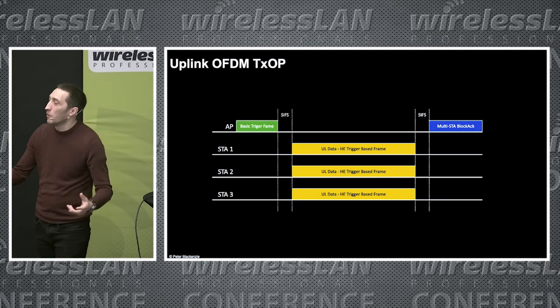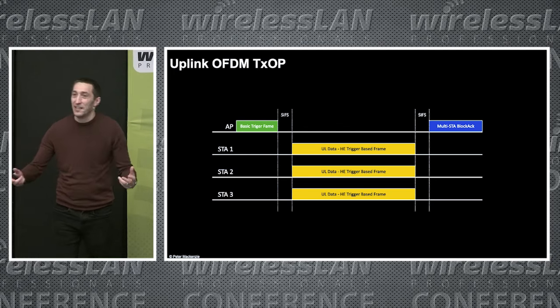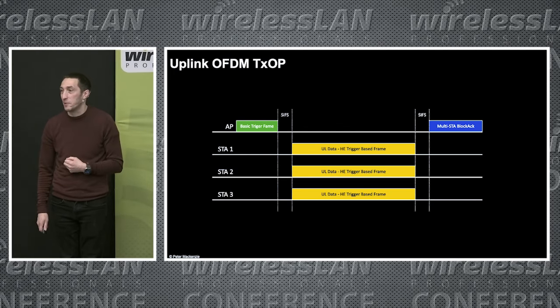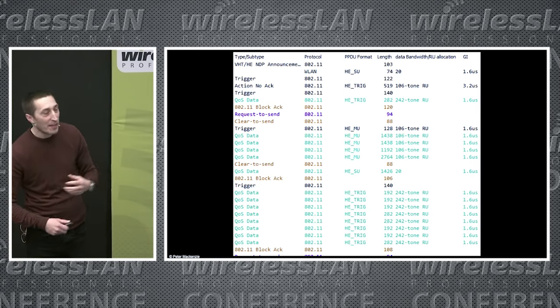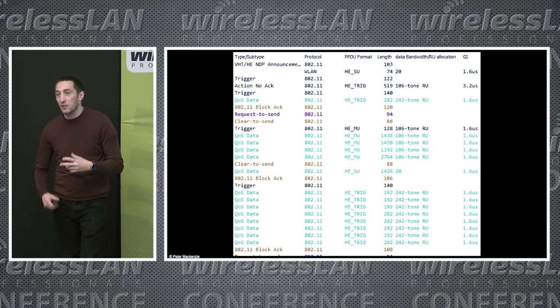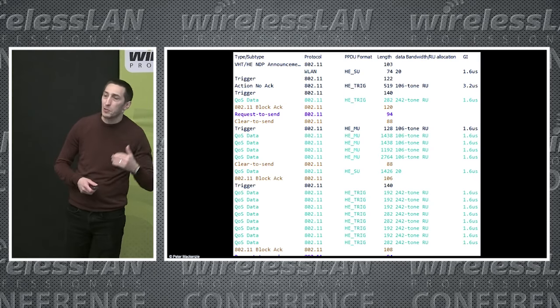So I know what you're all thinking. Peter's talking. Just show us what it looks like in the protocol, yeah? Well, here's what the packets look like. I'm not going to go into loads of detail, but some of the things you're